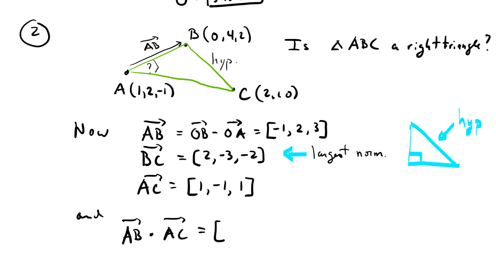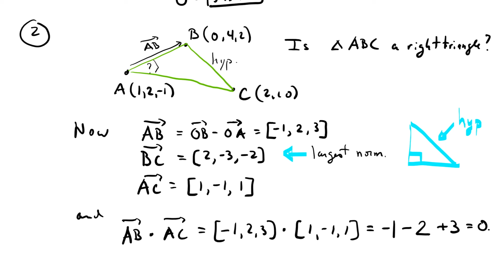And that gives me what? This is minus 1, 2, 3. Dot product with 1, minus 1, 1. And when I do this, so minus 1 times 1, minus 1. 2 times minus 1, minus 2. And 3 times 1, 3. And I indeed get a dot product of 0. So therefore, there is a right angle